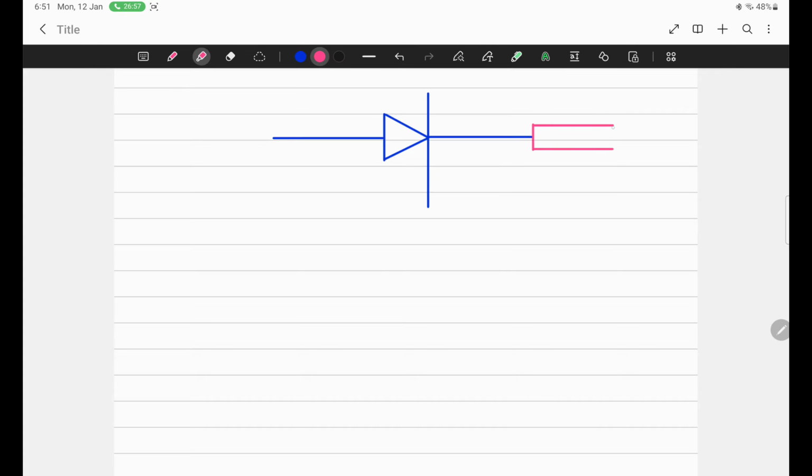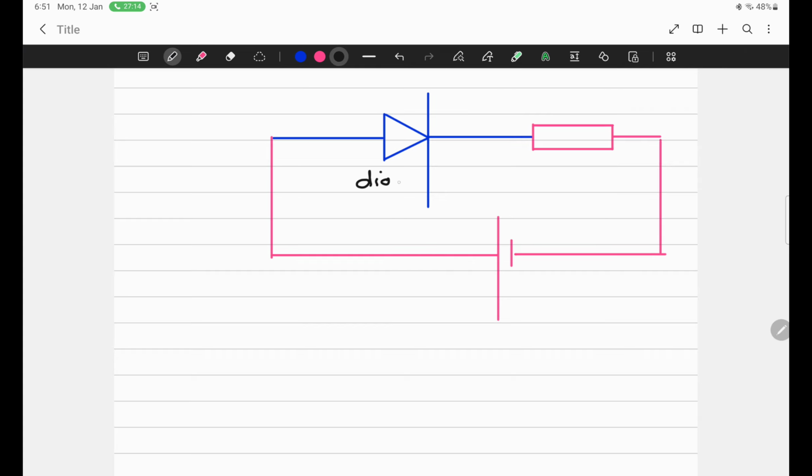This is a resistor. Okay. But the first thing which I have drawn, what is this? Sir, we have studied in IGCSE. This is a diode. Okay. And if the positive terminal of the cell is connected with the positive terminal of the diode and the negative